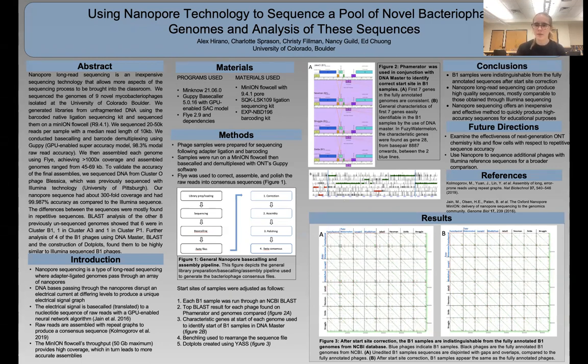So I went back to just those fully annotated genomes that I got from NCBI, from the BLAST search, and stuck them in Phamerator. Now you can see up here in figure 2A, that at the start of their genome, they each have exactly the same sort of combination of genes, which is a small forward gene, a long forward gene, 3 small forwards, and a reverse gene. Now I thought, okay, this is a pattern which I can use to try and identify the start, or the official start, should it be, in all the sequences we got from Nanopore.